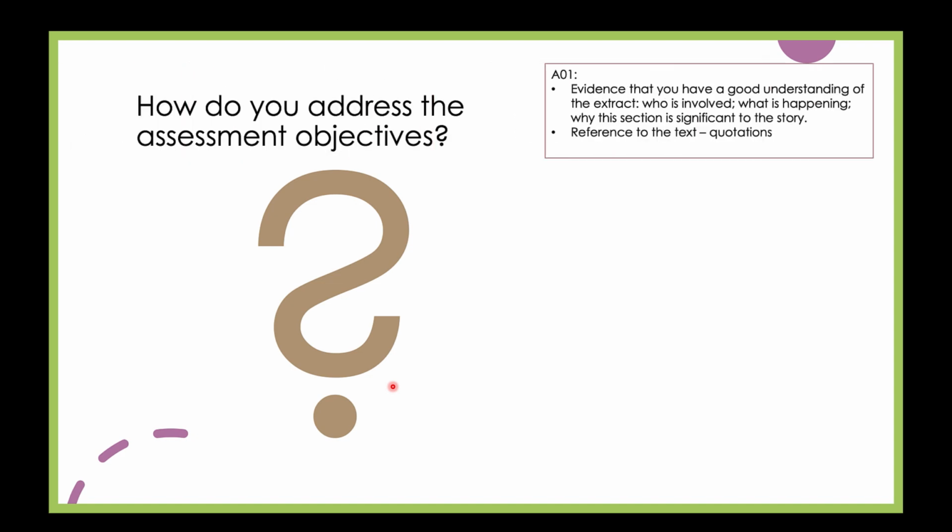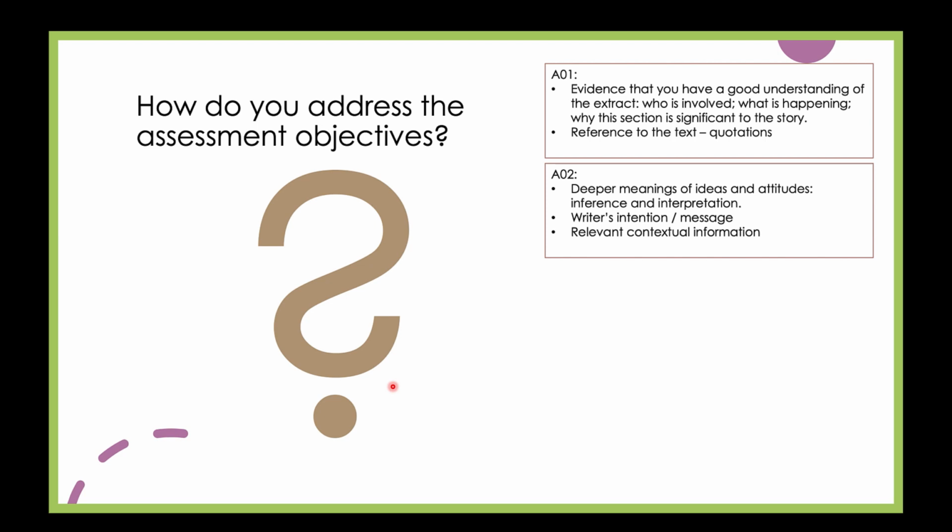So we'll start off with AO1. AO1 is just you showing that you understand the extract, which also means that you have to have a very good knowledge of the novel. But by this time in the exam, you will have read the novel and you will have done various activities with your teacher. So when you get to the extract, you must show that you understand who is involved, the significance of those characters, how they're characterised, what's happening, why this particular section is significant to the story as a whole, any themes that are there, and also your AO1 is using quotations,